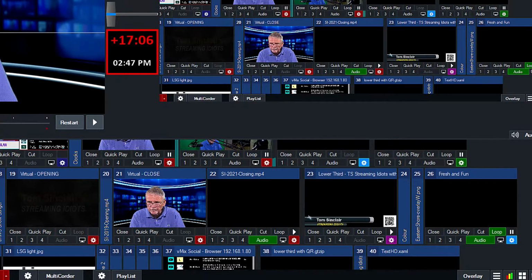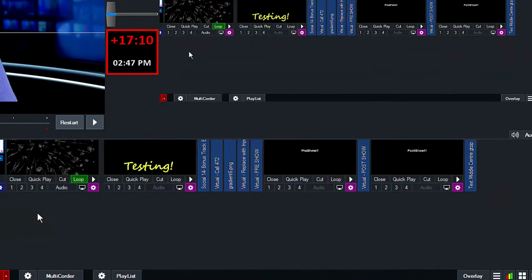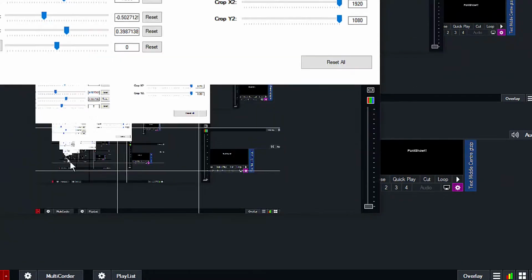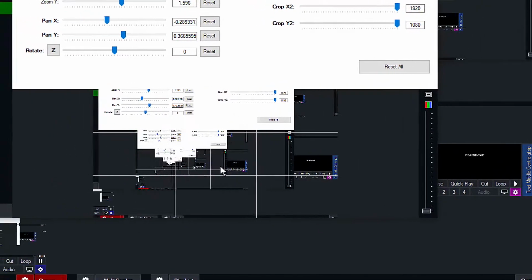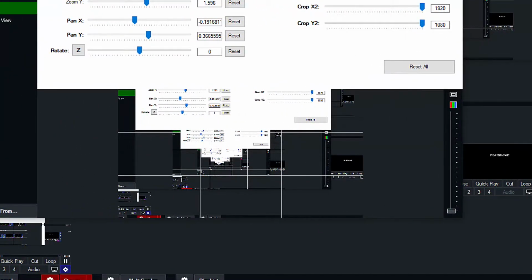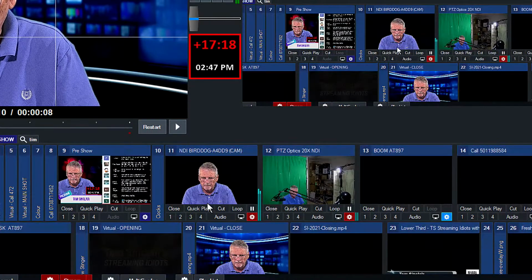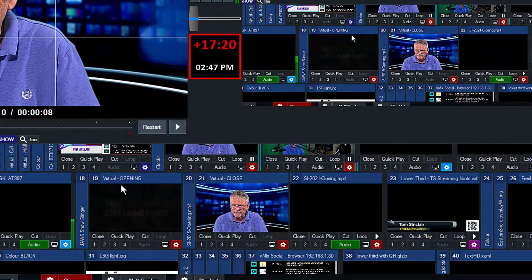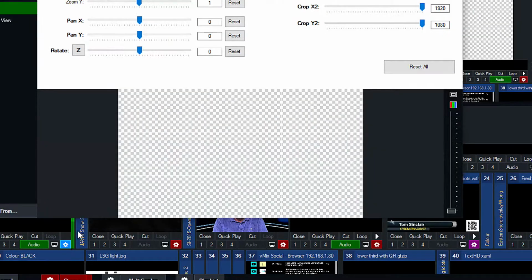No, we'll almost see 17. It's just out of the frame. Let me adjust this frame, and we will be able to see 17. All right, there's 17 right there. So I can go into the settings for 17,